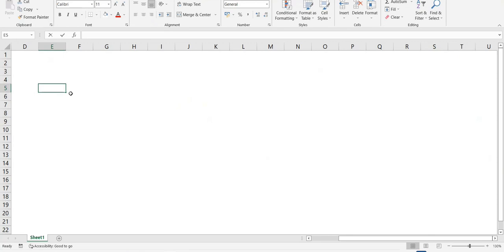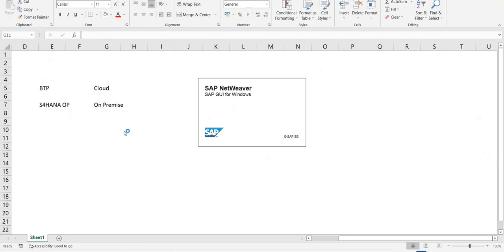So we have our BTP system. What is that? It's a cloud system. We also have our S4HANA system, or S4HANA on-premise, which is an on-premise system that is running. And I have multiple services running over here. So if I open my SAP HANA on-premise system over here in my SAP GUI,